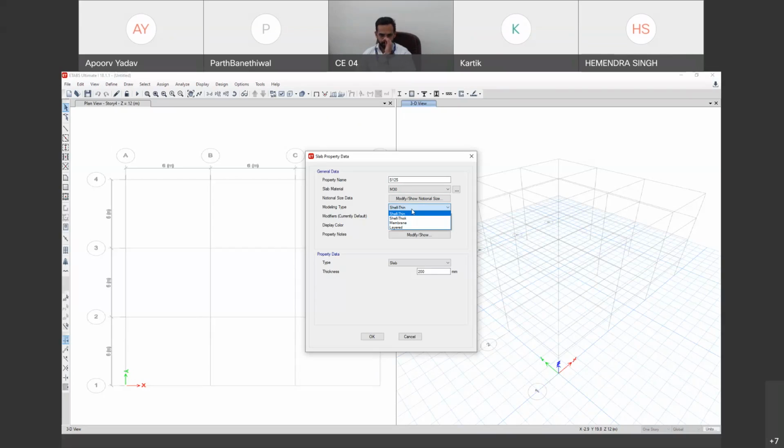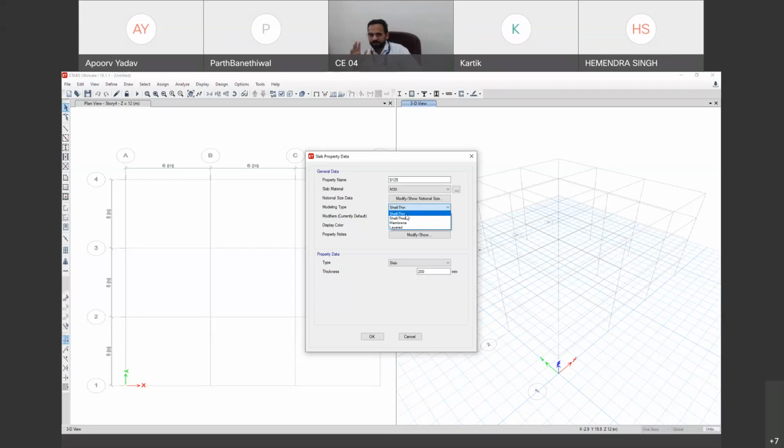So here there are properties you can take as shell, thin, thick, membrane and layered. Membrane is for one-way distribution. Membrane member means it will only transfer the forces which are coming on the slab. It will not take any load. Then shell thin and thick: shell thin will take load, but it will be a thin member, like a 125 mm member. If I take more than 400 or 500 mm, then it will be shell thick.